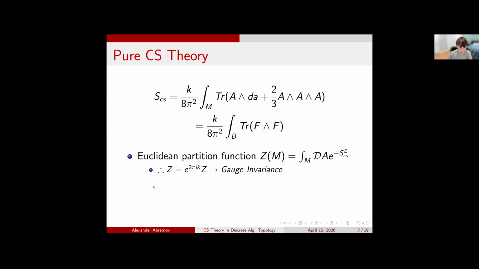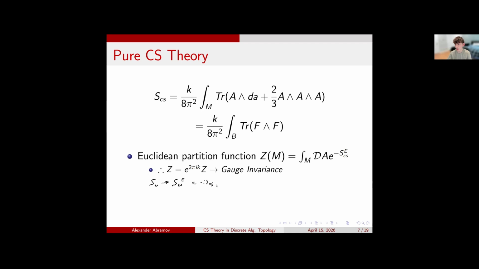In that the Chern-Simons action can map onto the weighted Chern-Simons via a Wick rotation. So we have a Wick rotation, negative i CS, here. So what we can do is apply this Wick transformation while keeping in mind that the partition